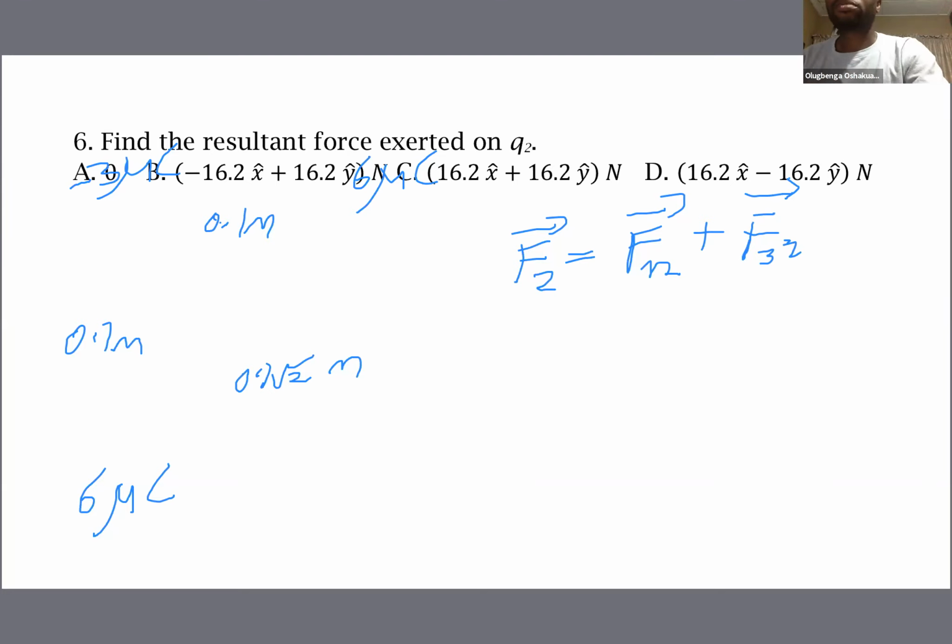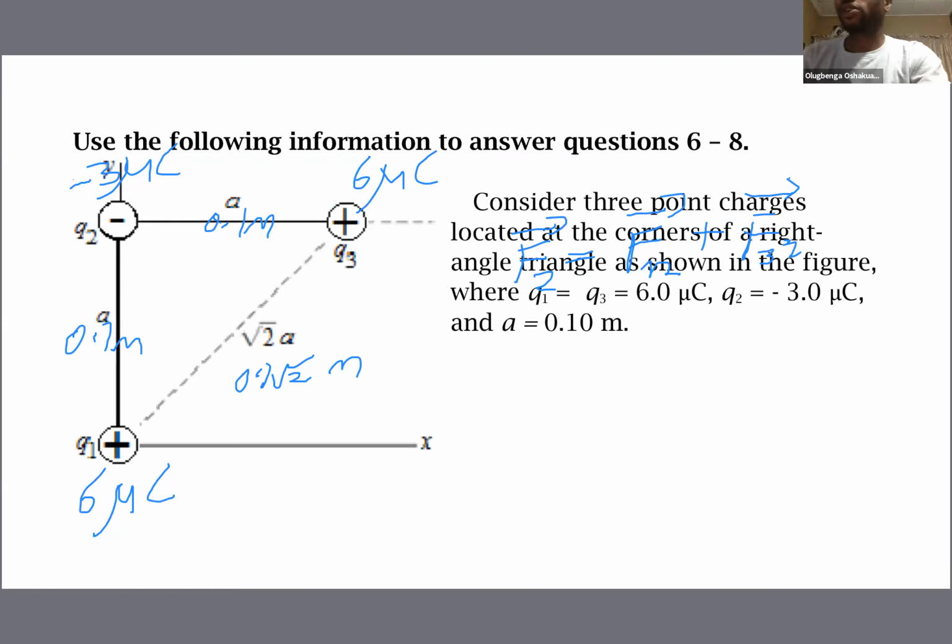So even without attempting to make any calculations, we can just solve this question straight away. Let's look at it again. The force exerted on Q2. This is Q2. Q3 is exerting a force on Q2, and the force it is exerting is an attractive force in this direction. Q1 is also exerting a force on Q2, and the force it is exerting is also an attractive force, attracting Q2